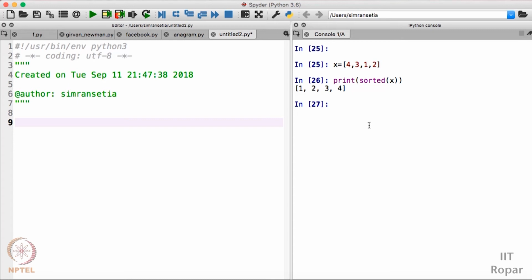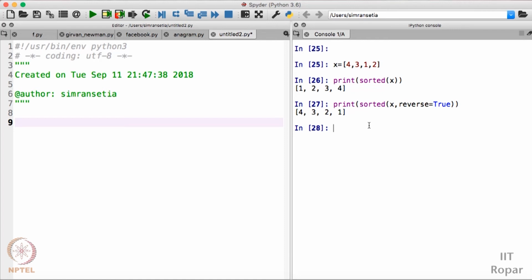So if I want to sort the list in descending order, what should I do? Well, we have a way here. For example, we have sorted x, and I'll pass another parameter named reverse, and I'll write true. Let us check whether it works or not. Yes, it works. So if I write reverse equal to true, then it will sort the values in descending order. So I repeat, sorted function sorts the values in ascending order, and if I write reverse equal to true, it will sort the values in descending order. This is how you can use the sorted function.